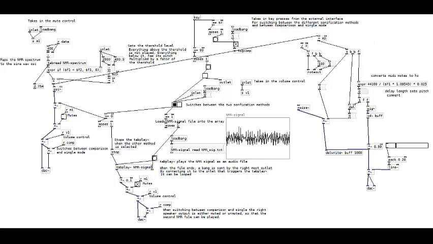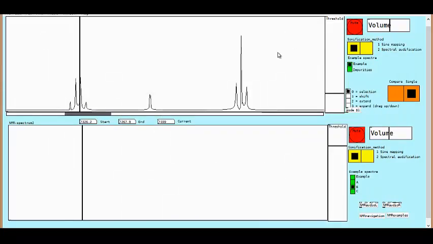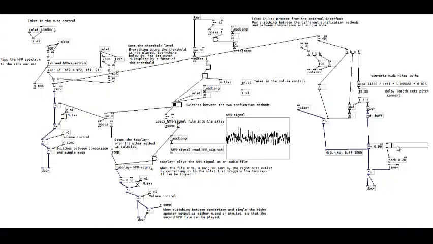implementation, and we get an effect a bit like this. So if I turn that up